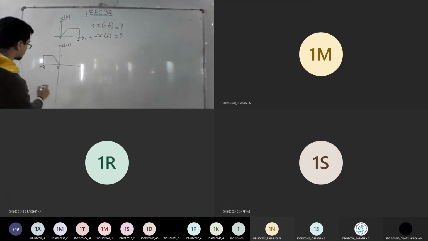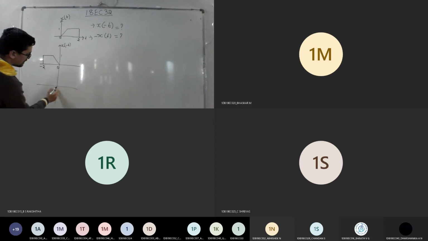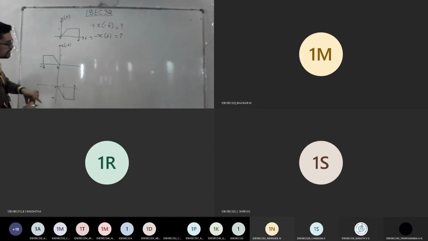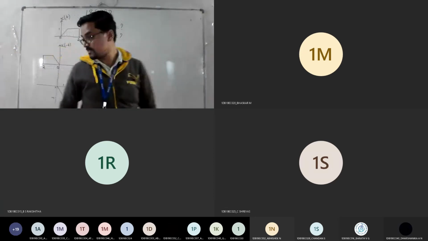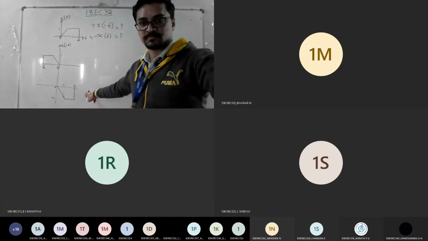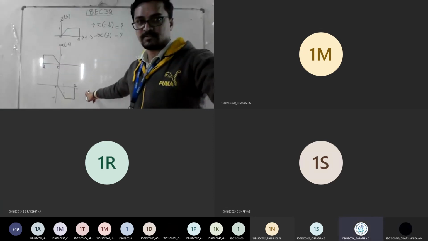So how does the signal look like now? The thing which was starting, in this way it comes. See, 0 and minus 1 is here. So it goes like this. This is your 2, and this will be for 1. Look at here: the amplitude was starting at plus 1, right? Now the same thing has folded. If you fold this, is this how it looks? Is it visible what I wrote? Everyone, is it visible? Yes, sir.